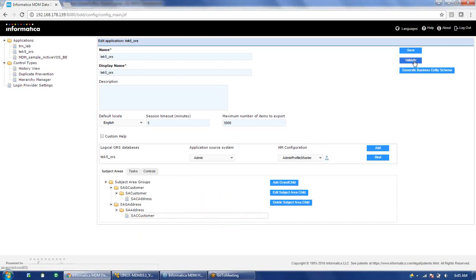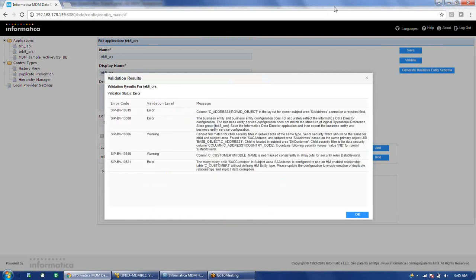Here we can do a validate to check what errors we have in this configuration. You can see the first error: column C address row ID object in the layout SA address cannot be a required field. We had modified it, but somehow it got changed again.